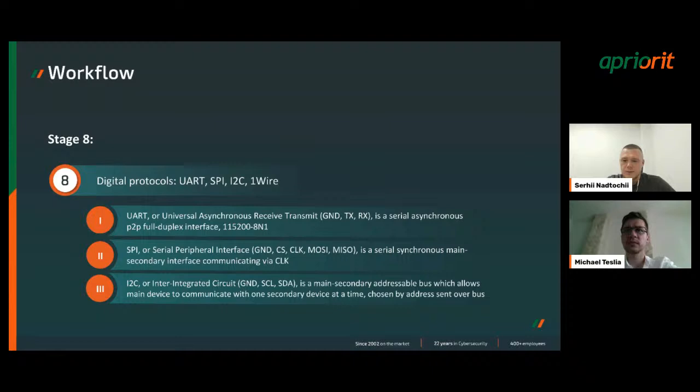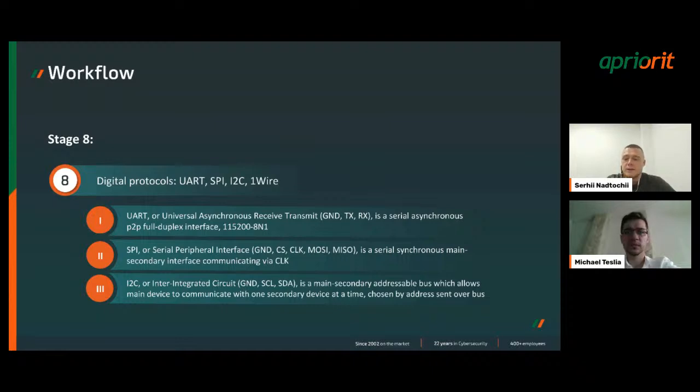So UART, for example, is the serial interface which is used for point-to-point communication. SPI, serial peripheral interface, is a synchronous interface which works in the format of main and secondary device and communicates with a clock, and the I2C interface also works as a main secondary addressable bus.